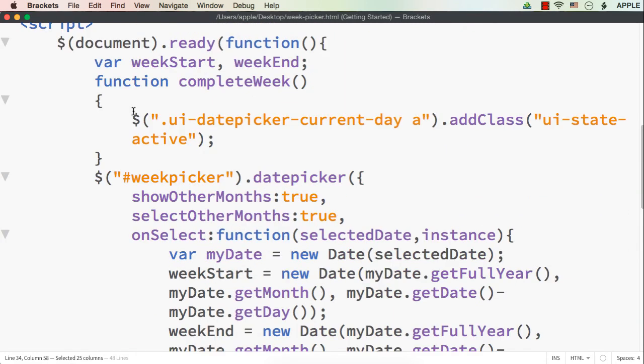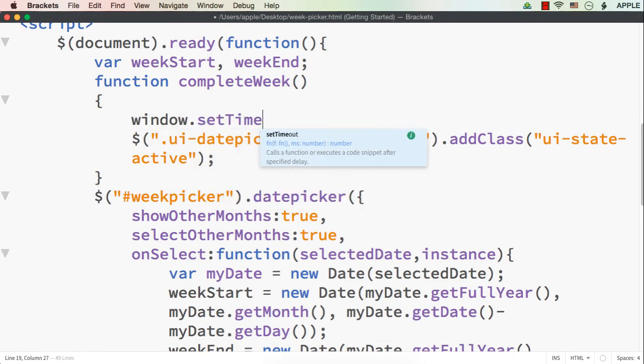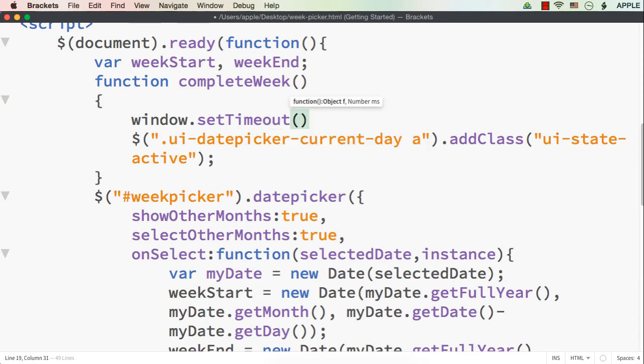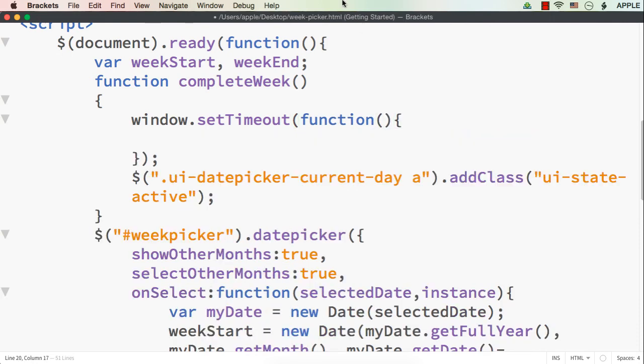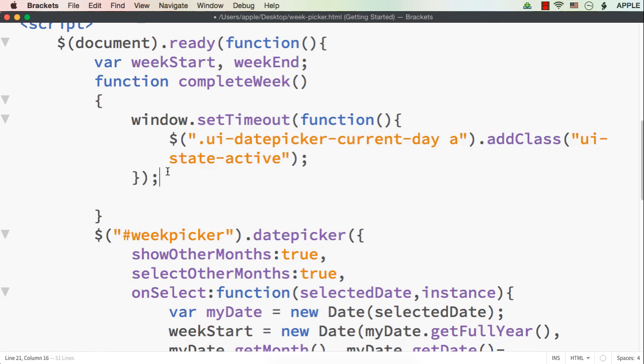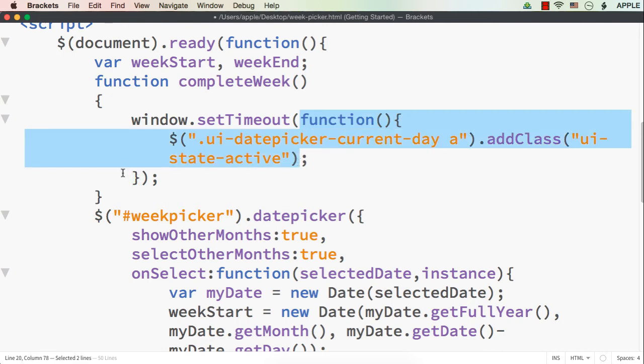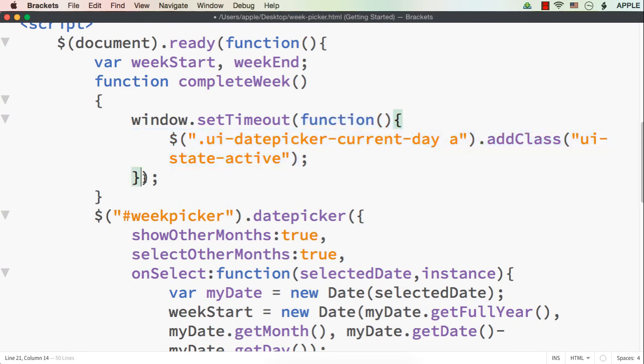So for that we are going to write this code in the setTimeout function. The setTimeout function is used to call a function or execute a line of code at a specific interval. Within setTimeout I can write function, open and close parentheses and open and close curly braces, and then let me cut this from here and paste it here. And we need to specify the interval as well. After specifying the function to be executed, we need to specify the interval in milliseconds. So I am specifying the interval as 1 millisecond.